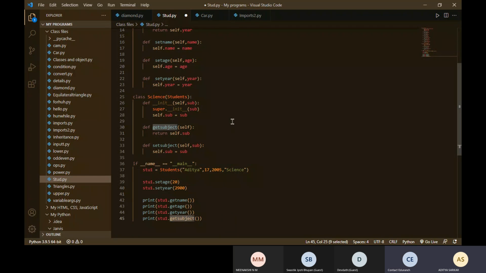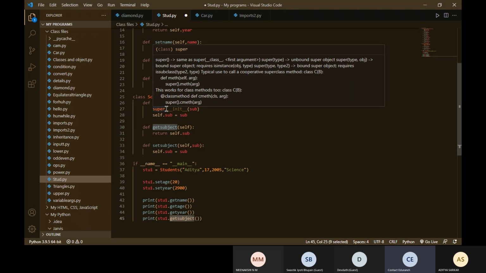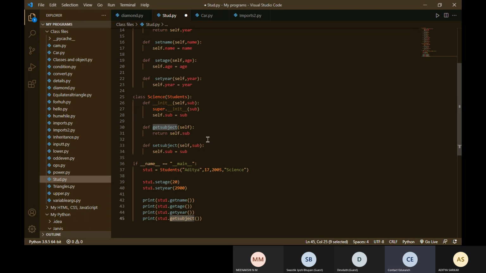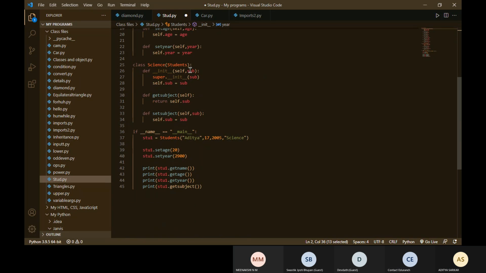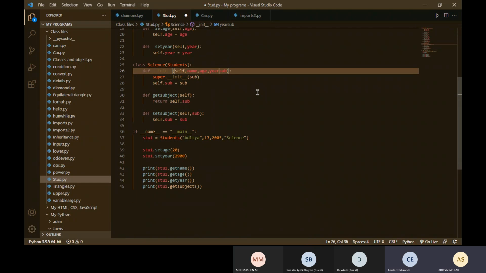So from lines 26, 27, 28, we have to do it properly. First, when you create an initialization method, you have to pass all the parameters required for the super class as well, the parent also, all of them, along with the new one.